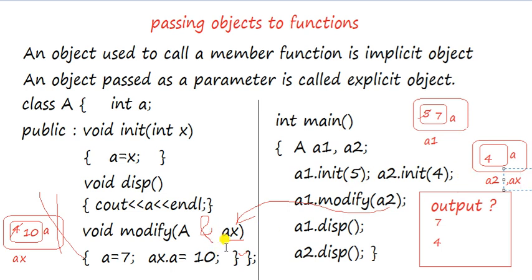So here if AX gets modified, A2 is getting modified. So this old value will be overwritten with a new value. Say now it is 10, that will come. Now you will get the modified output; the old output is not there. Now the new modified output will be what? A1's A will be 7 only, and A2's A is also a modified value, that is 10 will be available.